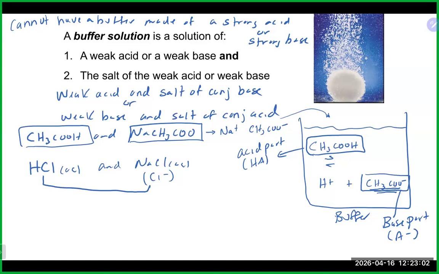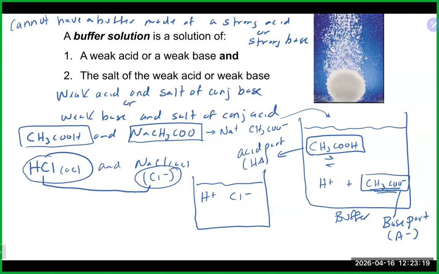The difference, though, is when you throw it into your beaker, your HCl here is a strong acid, which means it's not going to set up an equilibrium. It's just going to frankly fall apart, which means you're going to have floating around there H plus and Cl minus. And now over here, you're adding more Cl minus and some sodium. And what you end up with in this solution is, unfortunately, only the base part of a buffer, right? You don't have the acid part of the buffer, which is kind of an important part to need for it